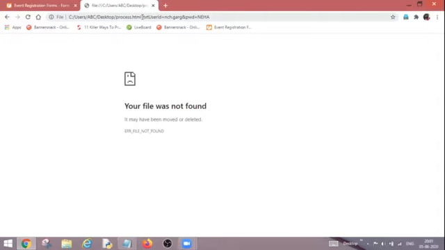Now, as you can see, along with this process.html, I'm getting the user ID which I filled in over there, and the password also filled by me is visible in the URL. So this is the drawback of the get method. That's why we prefer to use the post method so that secrecy can be maintained.